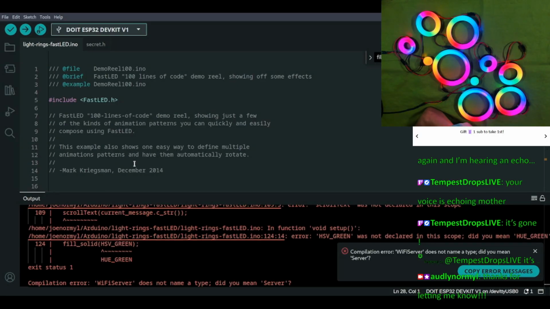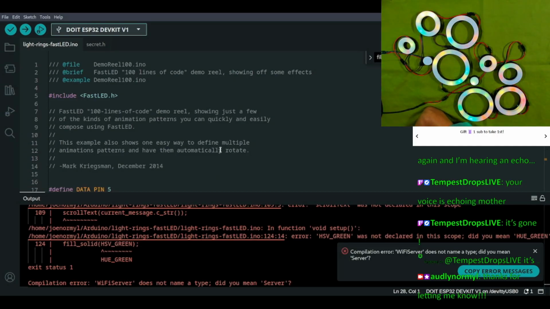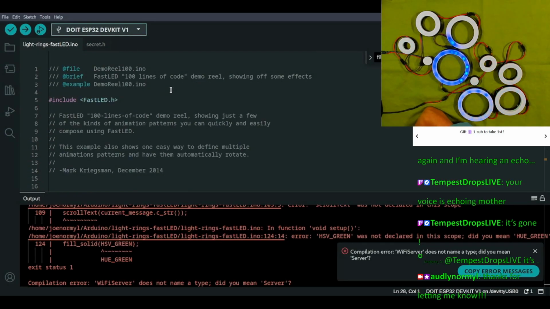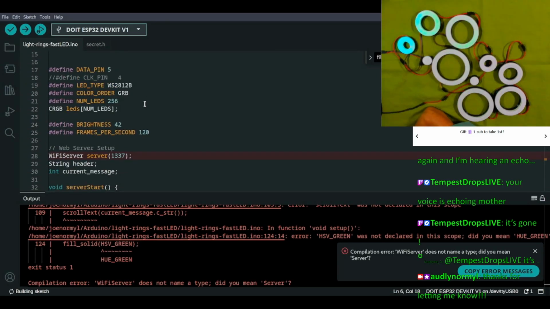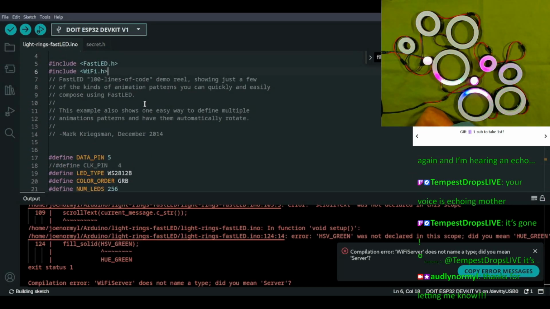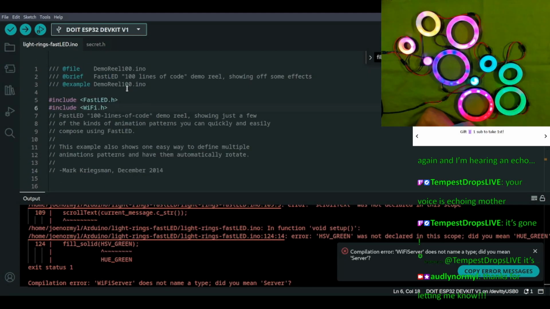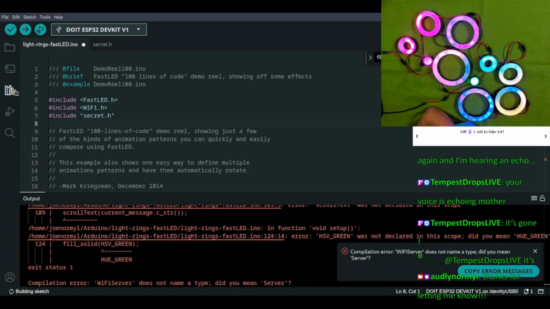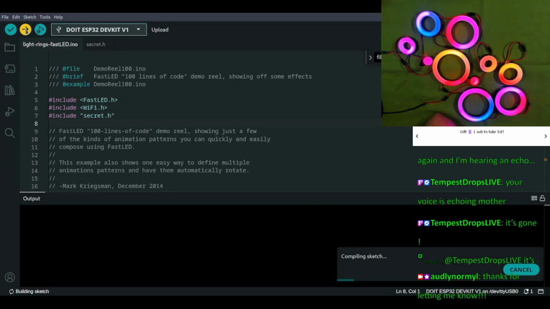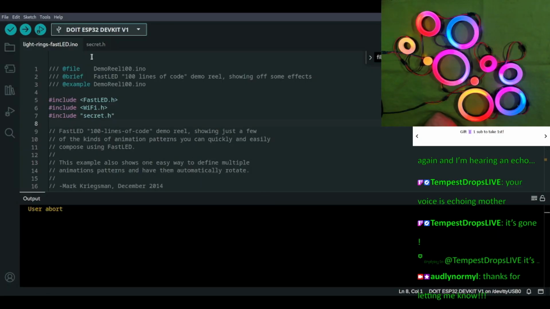I forgot to copy in this WiFi code, so that's obviously not going to work. Let's try that again. Whoops, I did not mean to upload. Just want to verify.